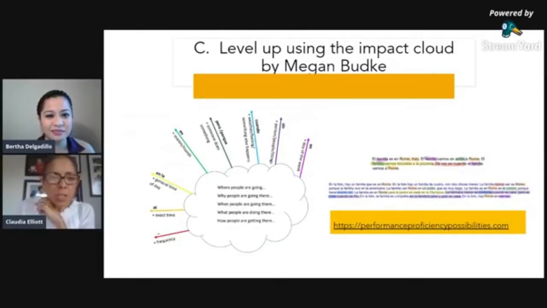Okay. So this is Megan Buck, and I know that Megan was here in this community, and her work is amazing. So also, when we want to level up our students, right? You want to support the students, but you want to level them up. You want to be mindful and really intentional on how I can have my student level up when he's ready. And she created this impact cloud that I love, where she really walks the student to elaboration,